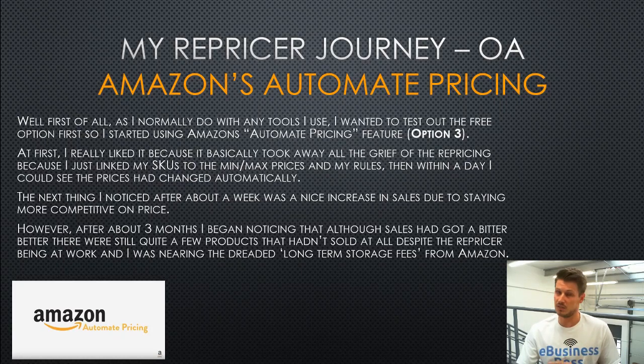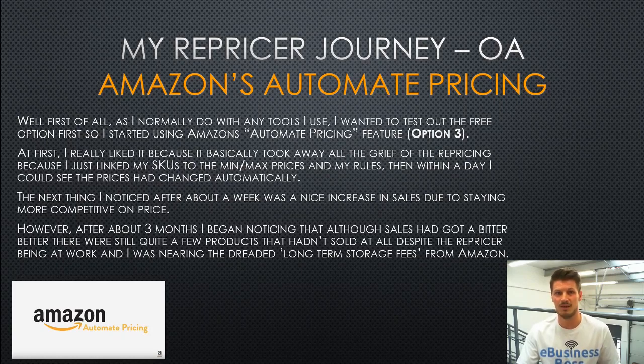However, despite those good points, and they were good points, it was like we hit a ceiling almost, and there were certain things we started to notice that weren't working within Amazon's automated pricing and what they offered. After about 3 months, sales weren't really where we wanted them. They'd got a bit better, but it stagnated a little bit. And the biggest eye-opener was we'd seen a load of products that hadn't actually sold, or maybe they'd sold 1 or 2, despite implementing the repricer.